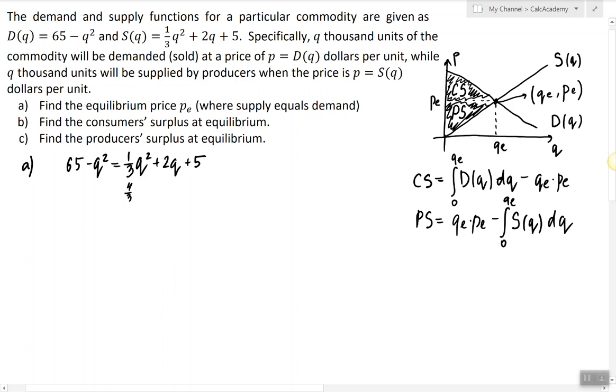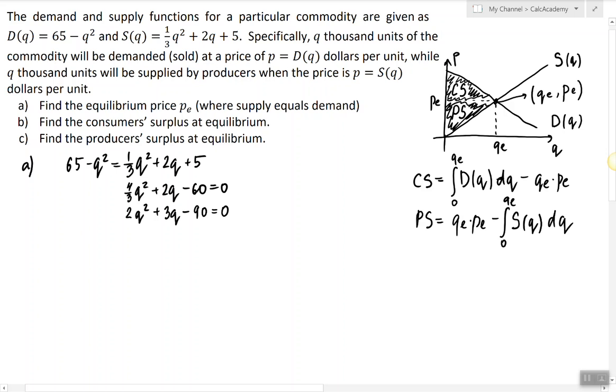So we have 4/3 Q squared plus 2Q minus 60. And we're going to multiply by 3, divide by 2. So we have 2Q squared plus 3Q minus 90,